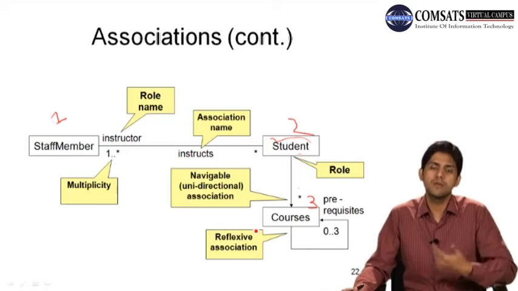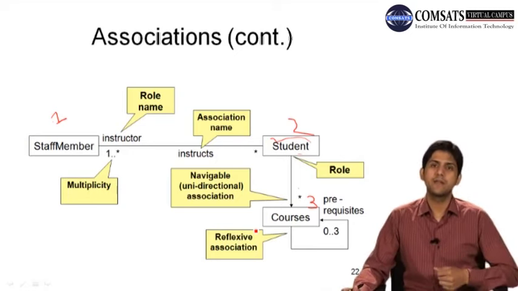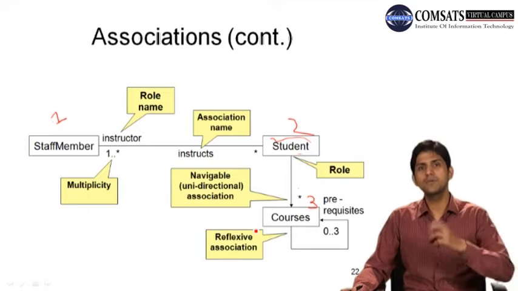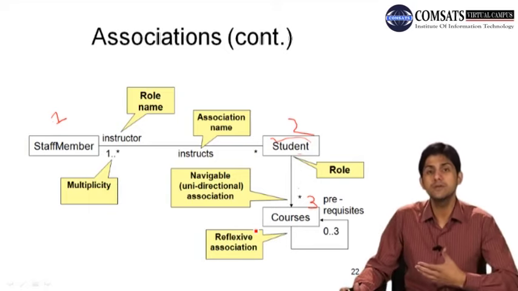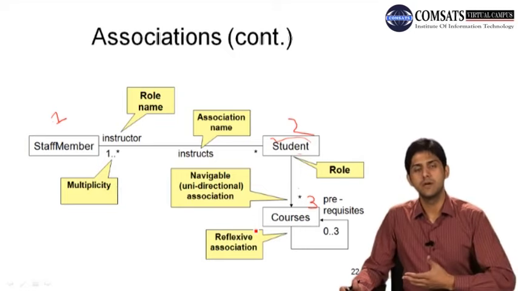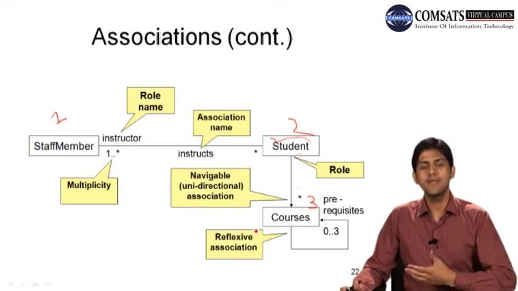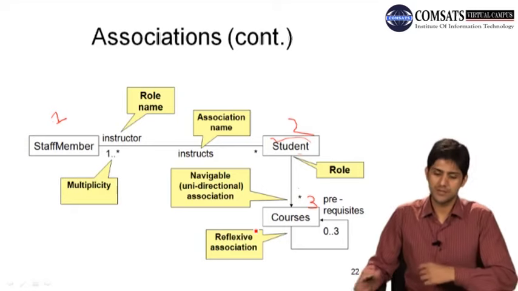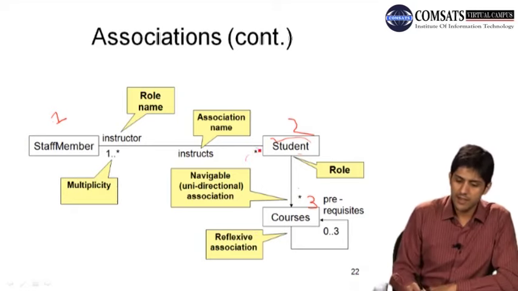Mostly in the universities there is a criteria that if the number of students who register for a particular course is less than a certain number, then the course is not offered. So we can say that there would be many students. So that's why this relationship shows